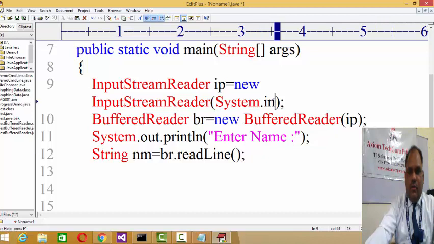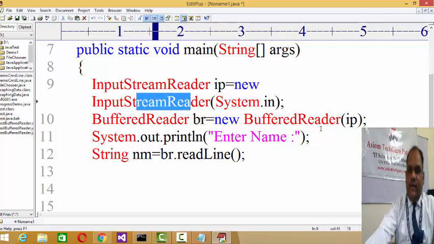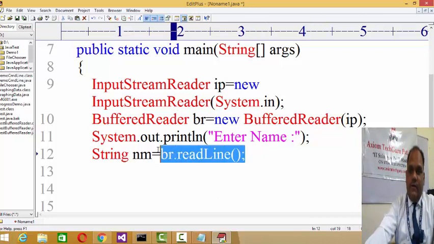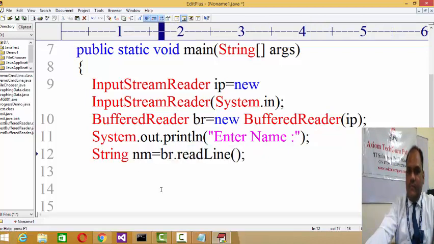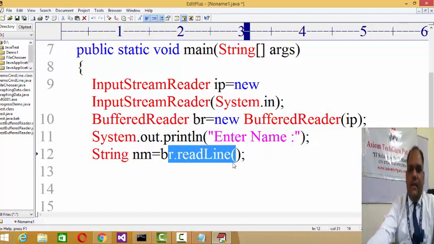First of all, System.in means the system's input will make an input, and then using that input it goes to the InputStreamReader, and then that will be assigned to the BufferedReader, right? Now the data is actually stored in the buffer, and then you are reading the data from the buffer and assigning it to the variable, right? Now this BufferedReader will provide you only one method called readLine. It will read the data line by line.